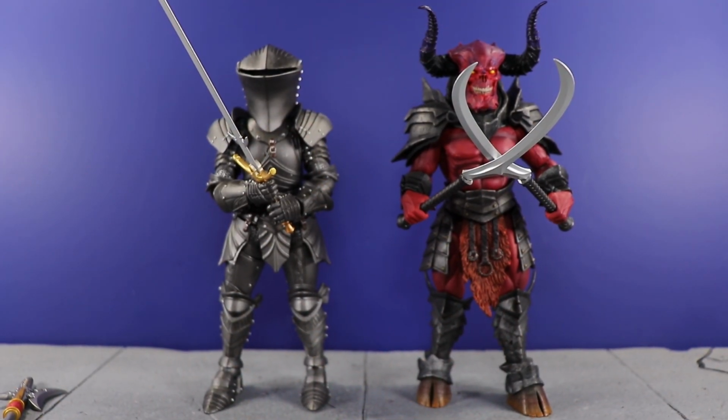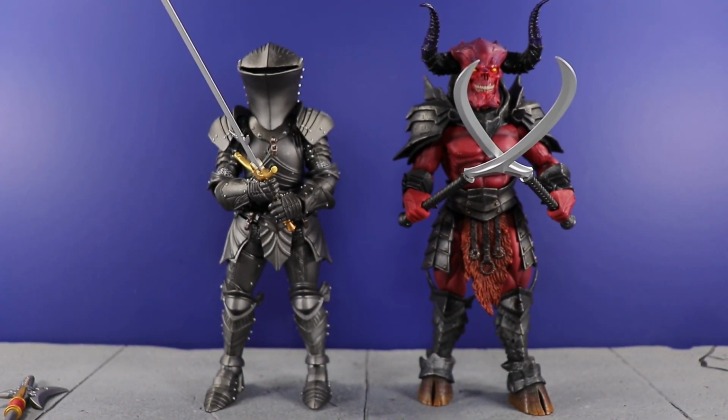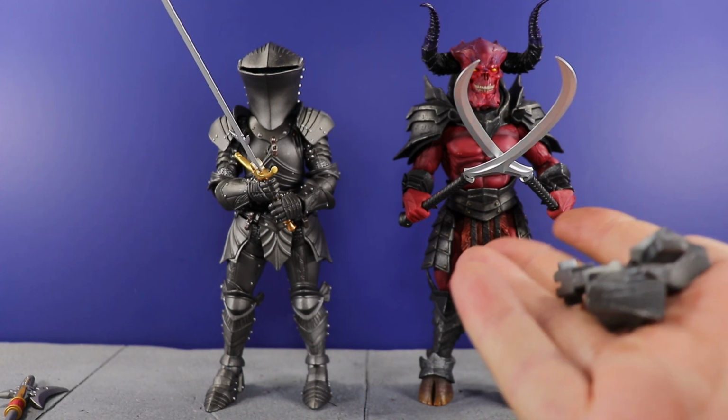Okay, and here are the two Mythic Legions figures out of the package. And holy hell, these figures are insane. They come with crazy accessories. They are super detailed, and there are some things that I don't fully understand about them, but I do know that they are kind of modular. So they come with these different pieces. It seems like each figure comes with